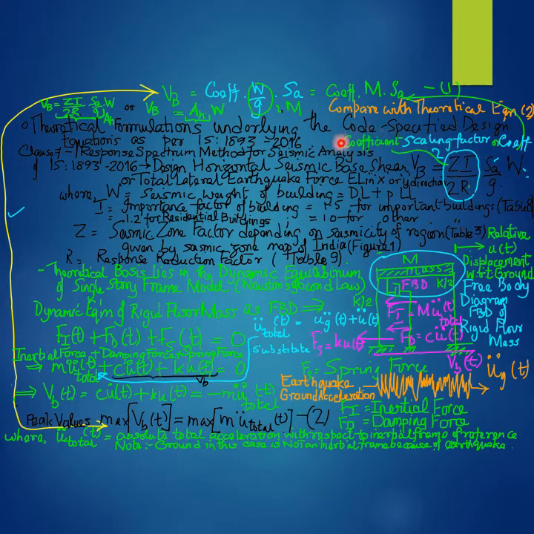So recognizing that these factors Z I over 2R are essentially scaling factors, and clubbing the scaling factors Z I over 2R as a single coefficient, termed as coefficient written in yellow ink, the design horizontal seismic base shear provided by the IS code or the code specified formulation, denoted as V subscript capital B, can essentially be expressed as the coefficient times the weight divided by the acceleration due to gravity times the spectral or the peak acceleration provided by the response spectrum